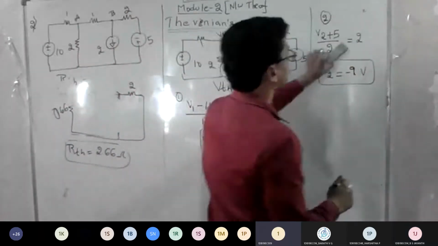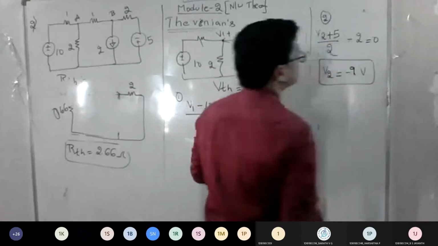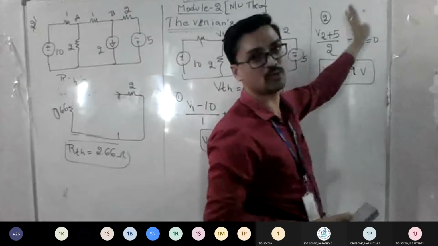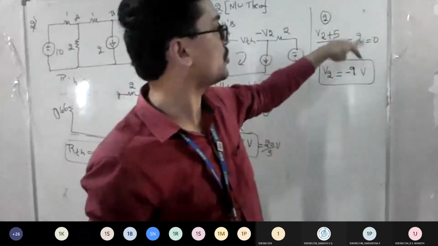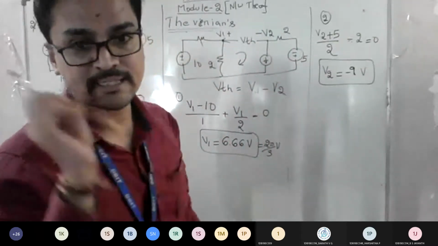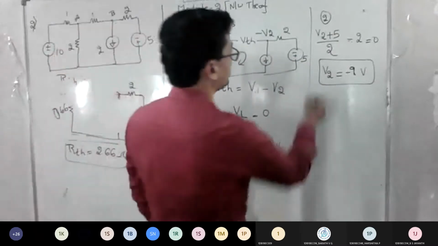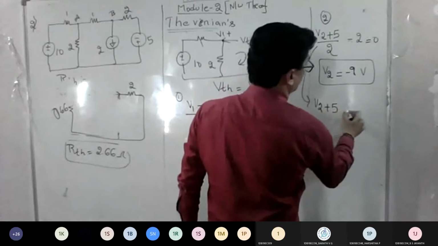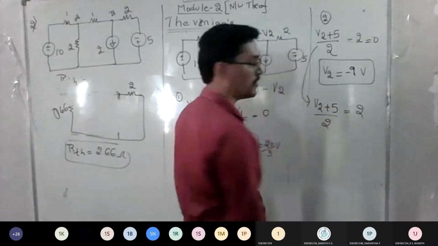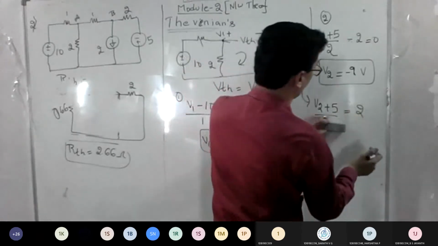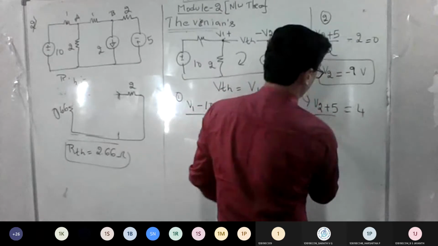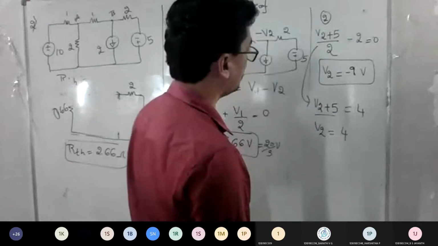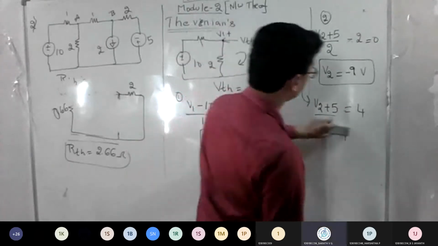See, how will you solve here? It's normal mathematics, right? You have to solve this. You take LCM and solve. Otherwise, you take this 2 toward that side, and it can be solved. So 2 into 2 becomes 4, then you can add the things. Do you want me to write it also? So V2 plus 5, if I take this 2 across, I multiply and it becomes 4. So V2 is equal to plus 4 minus 5, you will get minus 1. Take LCM and solve.